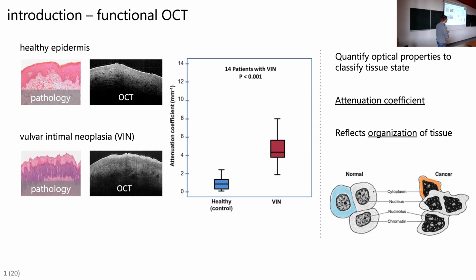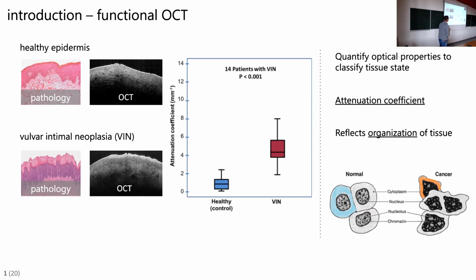We did a pilot study together with the Netherlands Cancer Institute, the Cancer Hospital. We found that if we extracted the attenuation coefficient from OCT data, we could see a difference in attenuation coefficient between healthy tissue and these lesions. That would suggest that we would be able to diagnose in vivo based on this property. As you can also see, there is still quite a spread, so it's not a 100% accurate assessment, but still,